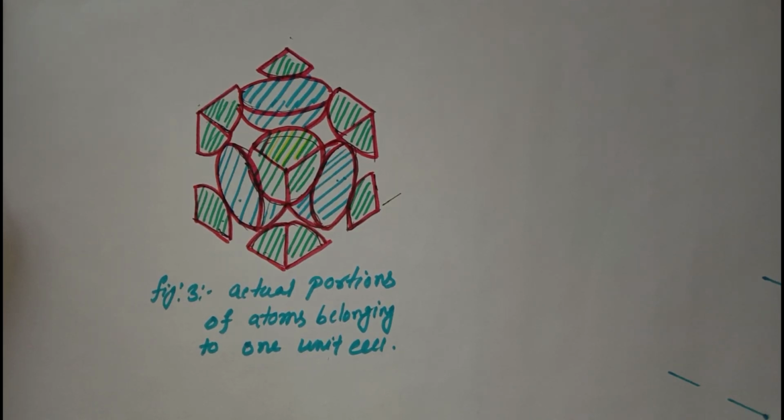In case of an FCC unit cell, one face-centered atom is shared between another face of the unit cell, because we know that one unit cell of a crystal system is shared between 8 adjacent unit cells. So how much of the atom will one face contribute? It will contribute half of its original volume. That is, the face-center atom's contribution will be 50-50. If one face contributes half a portion, another face will also contribute half of that atom. Now see the calculation.